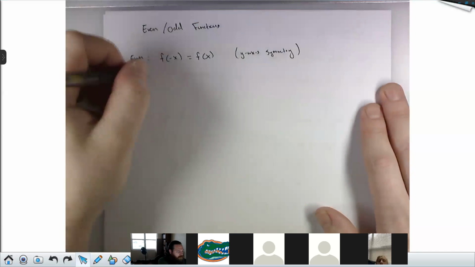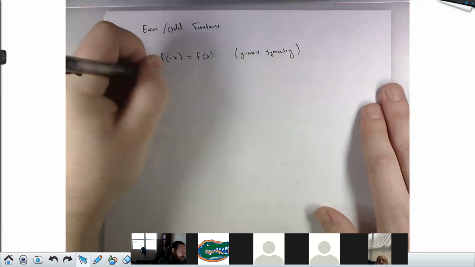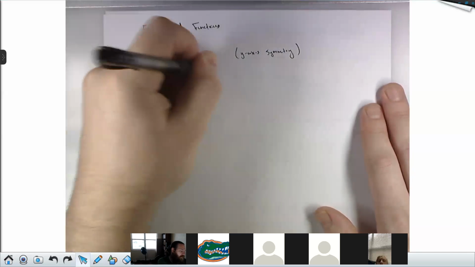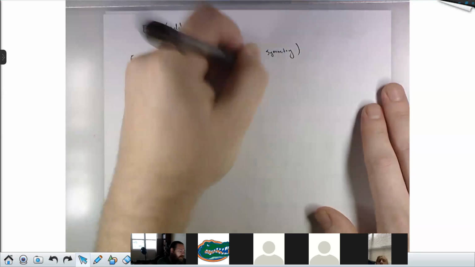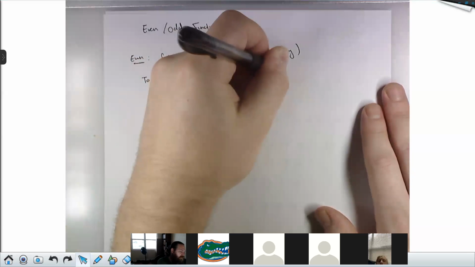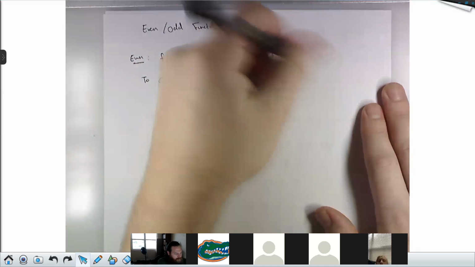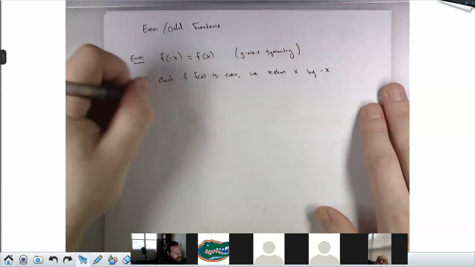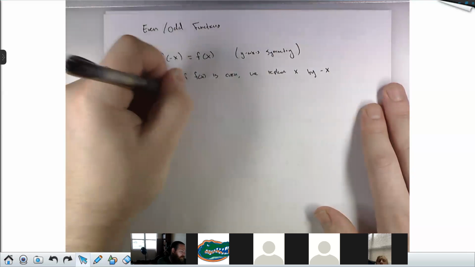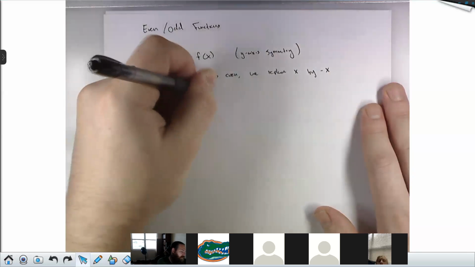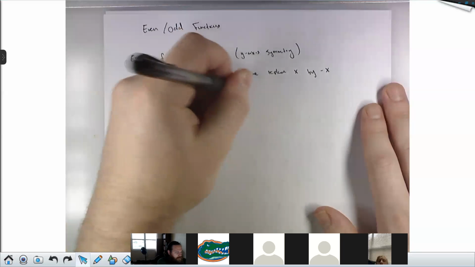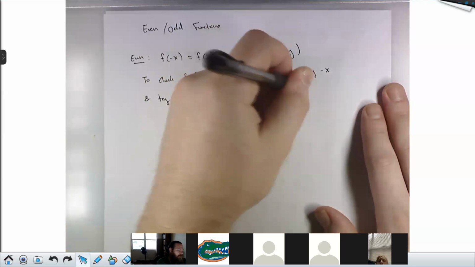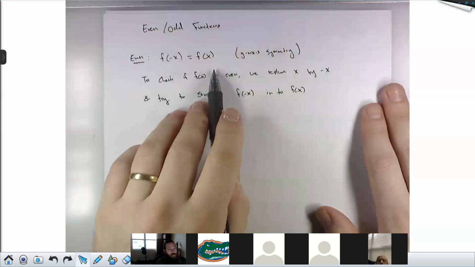But another way, if you want to check if f of x is even, we replace, just like we were in this last guy, x by negative x and try to simplify f of negative x into f of x,